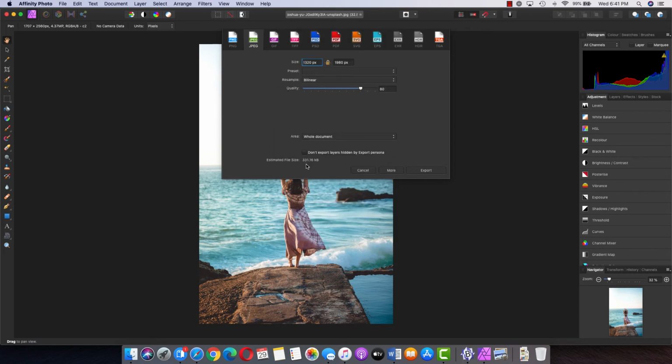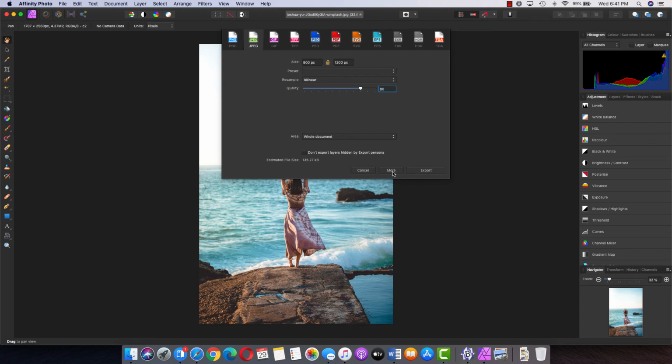Now you can see that the image has come down from 1.63 MB to 331 KB, which is much less. It is still 331 KB because of the size. If you are not using it for something bigger, where you need it on a full page or something like that, and you change the size to 1200, you can see it has become 135 KB. So the size also plays a very important role here. You need to make sure that you are creating the image in a size which is usable or which you need on your web page.